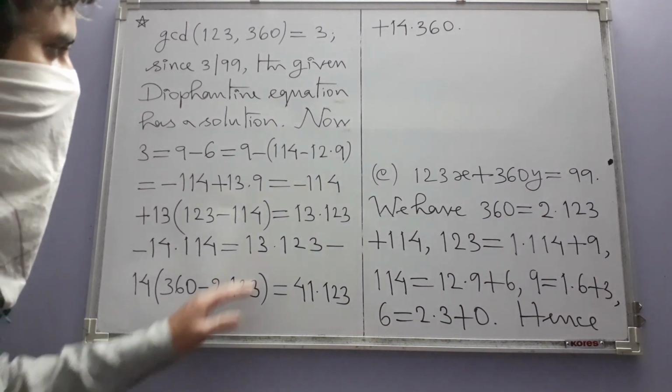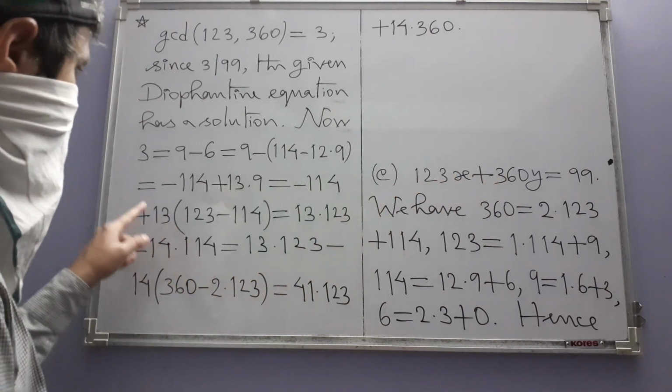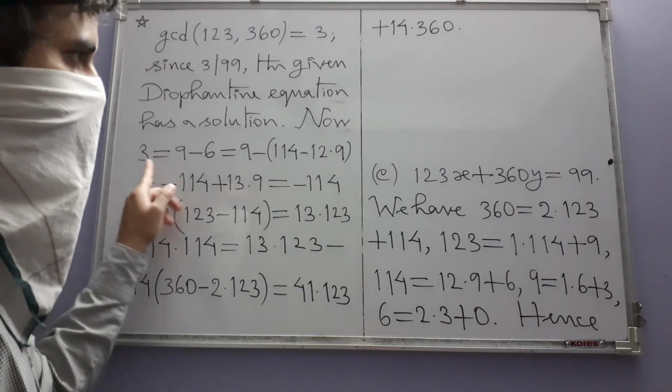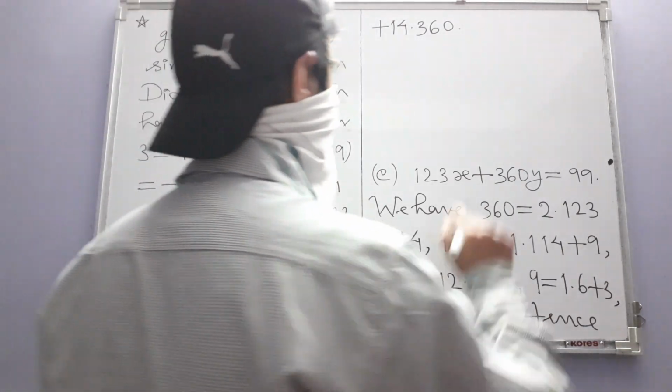But that of course is not what we want. We want 99, but we have 3, so we have to multiply on both sides by 33, and doing so